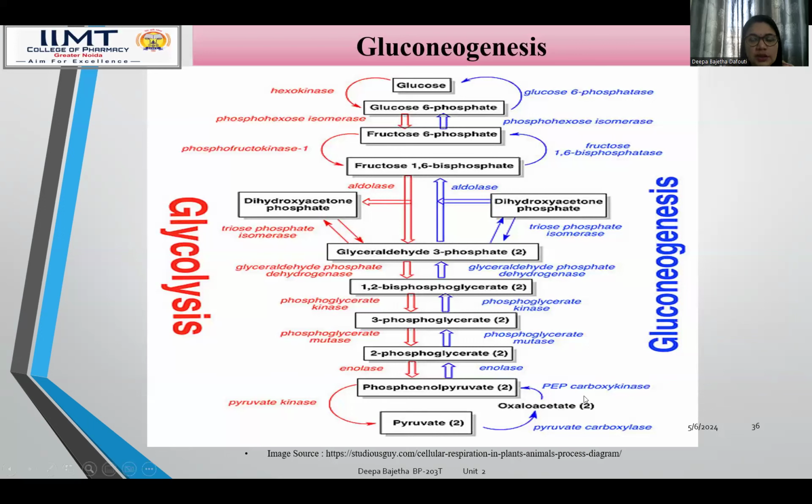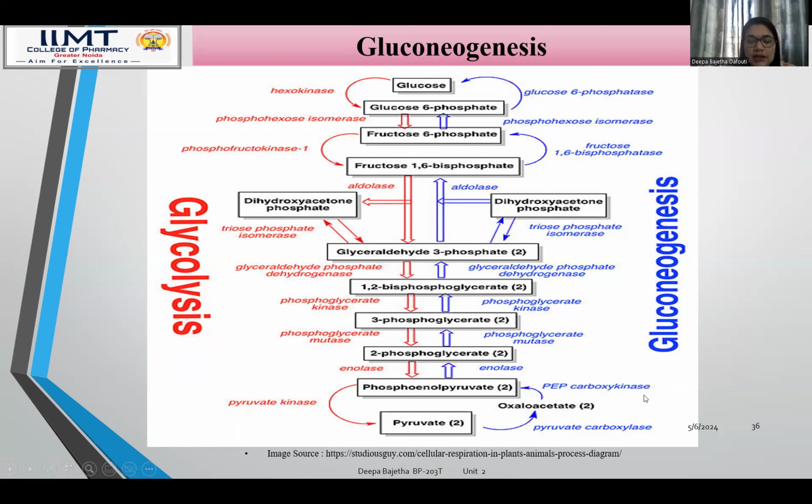So this is gluconeogenesis, the reverse of glycolysis. In glycolysis, we convert glucose to pyruvate. Glucose is converted into two molecules of pyruvate, but in gluconeogenesis, pyruvate is converted into glucose. So pyruvate is first converted into oxaloacetate with the help of the pyruvate carboxylase enzyme. Then it is converted into phosphoenol pyruvate with the help of